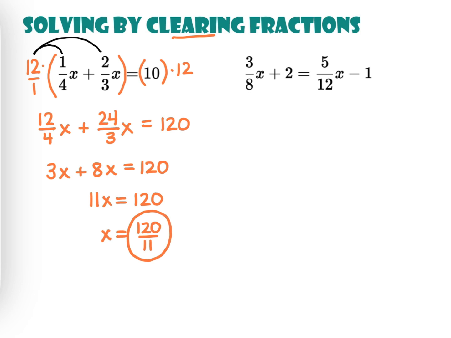Next example. Sometimes the hardest thing is deciding what to multiply both sides by. We know to clear the fractions, we want to multiply it by something that divides nicely by 8 and by 12. What's 12 times 8? Like 96? That would work. 96 would certainly work. But I want to come up with the smallest number if I can. I'm going to get the same answer no matter what, but I just want to keep the numbers small if I